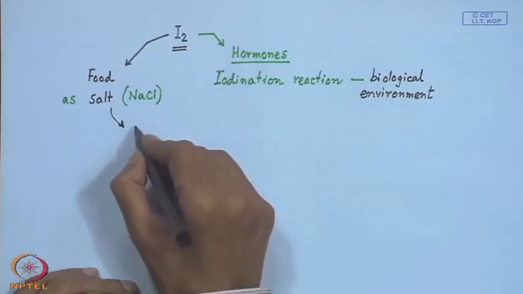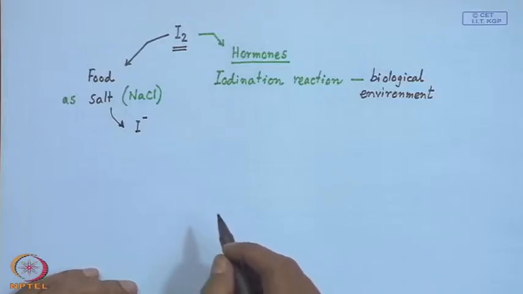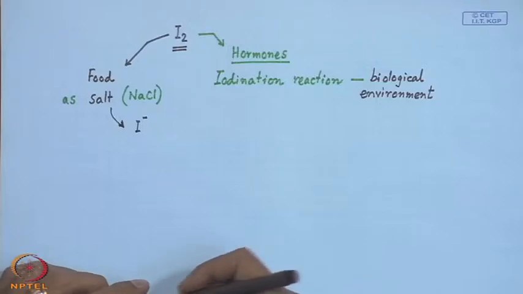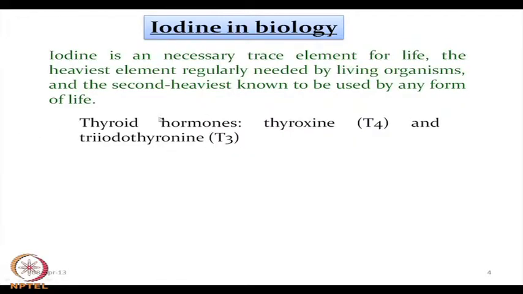where iodine is present as the corresponding iodide ion, like chloride, like bromide, we have the iodide ion. So, this iodide can go for the generation of two such hormones, and it is the thyroid gland. This particular thyroid gland is controlling everything. So, two such